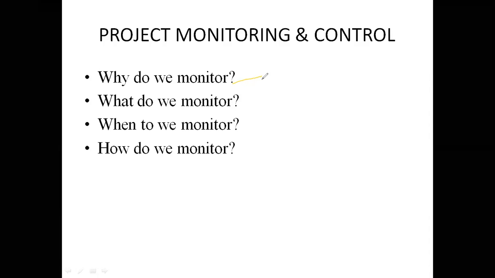Then when do we monitor? When we monitor has inputs and outputs. Coming to the inputs, we monitor time, money, resources, material usage, task, quality or technical performance. Coming to the outputs, to see the progress and also see costs and job starts, when the job is started, and job completion when the work is completed, and we have to see engineering or design changes. Then we have to choose the variation order. Okay,